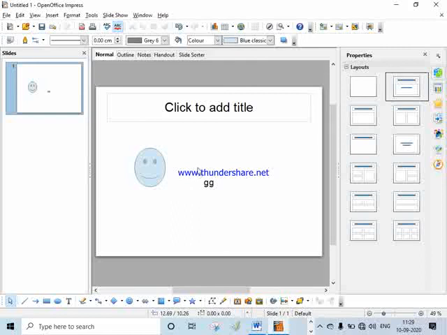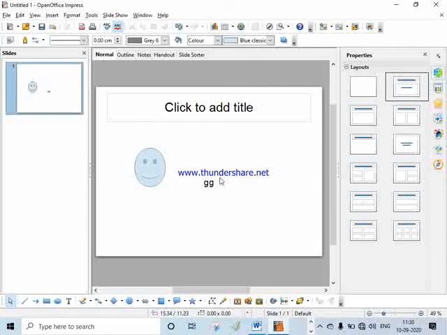And this is your work space, or say working area. You can draw as much as you can, or present your information as much as you can at this section.